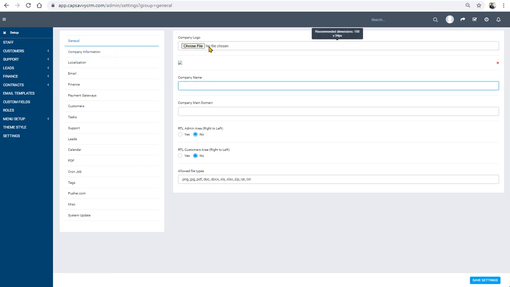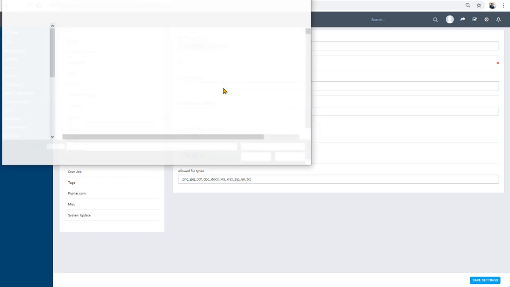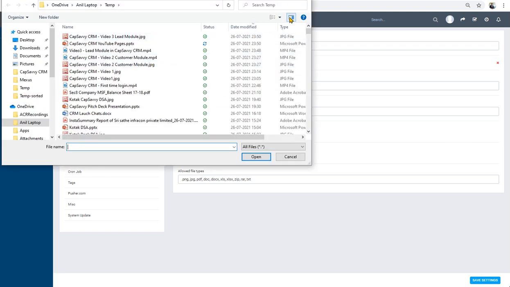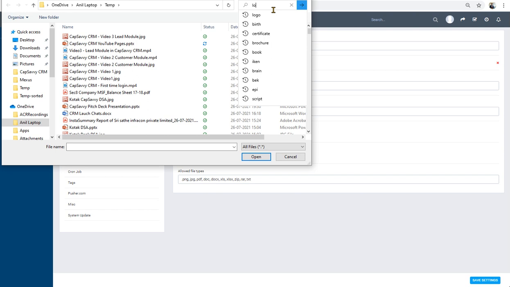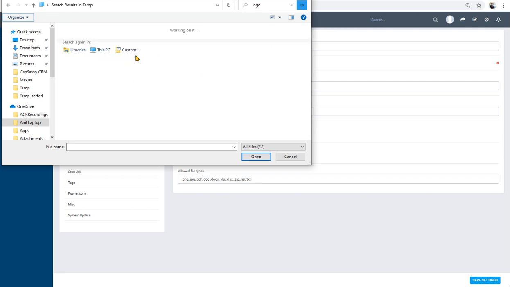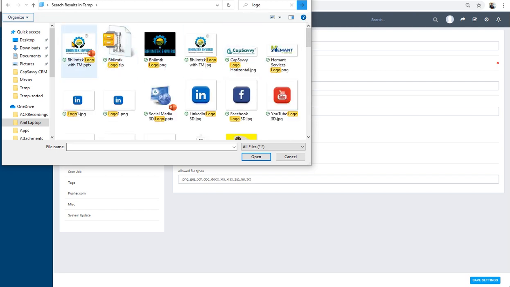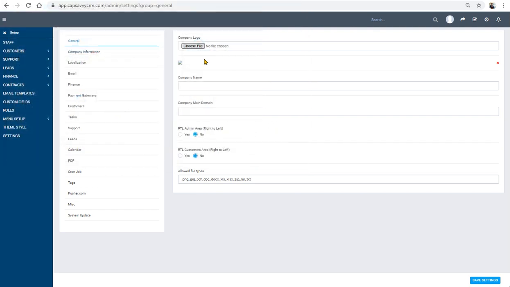So this is the company logo. You select your company logo, whatever logo you have got. Let us say this is the company logo, we are using this one.